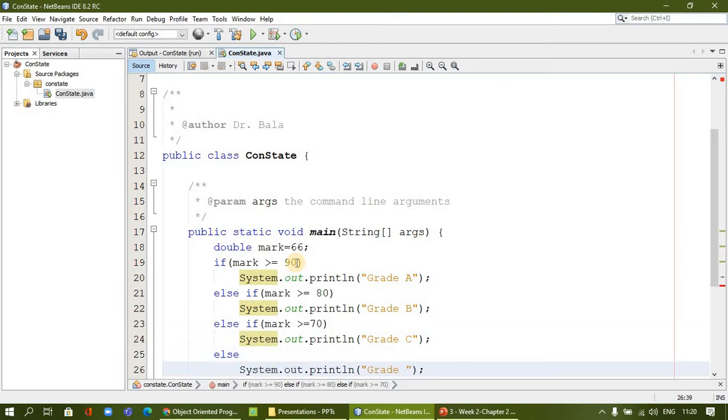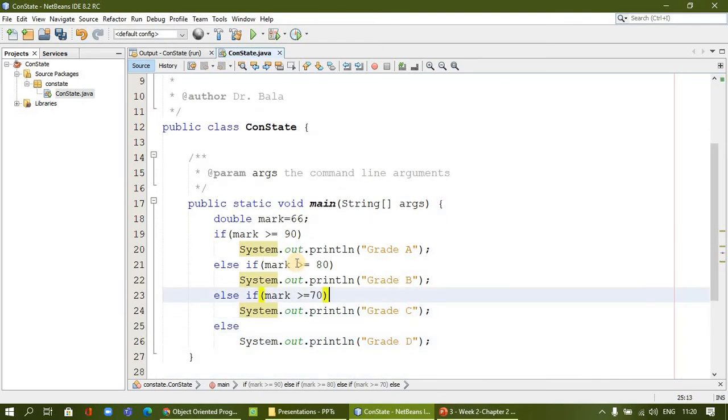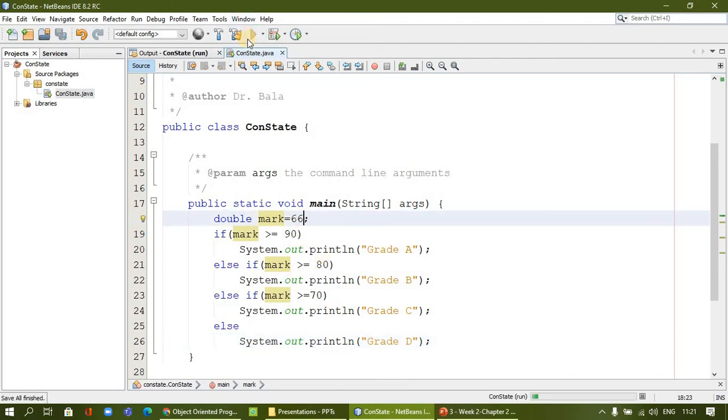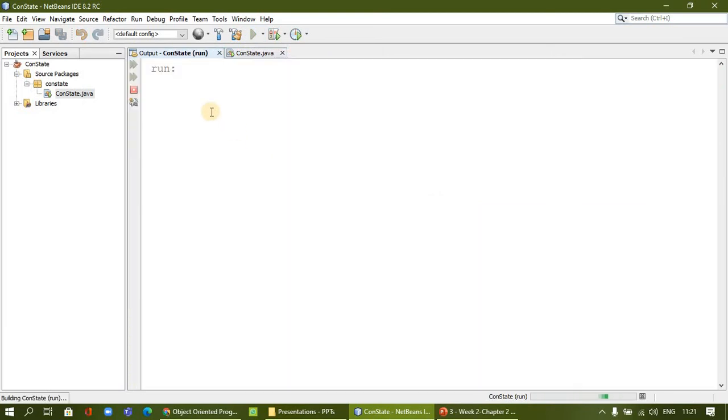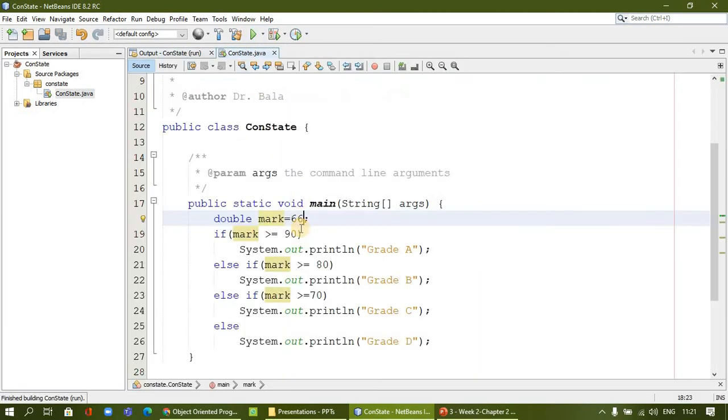Okay, else, for example, I will say grade D. Okay, so now based on the mark it is going to decide: 69 and below will be grade D, 70 to 79 grade C, 80 to 89 grade B, 90 above is grade A. So at present I have 66, for example, we will receive grade D. Now I will change, for example, my value between 70 to 80.